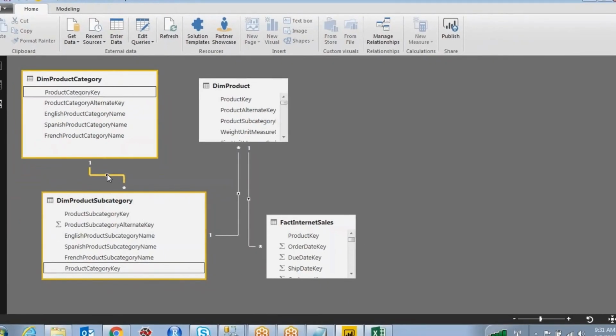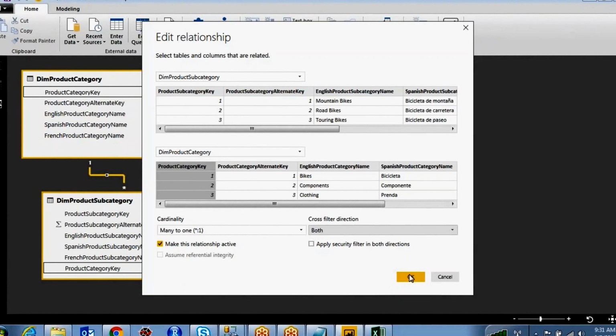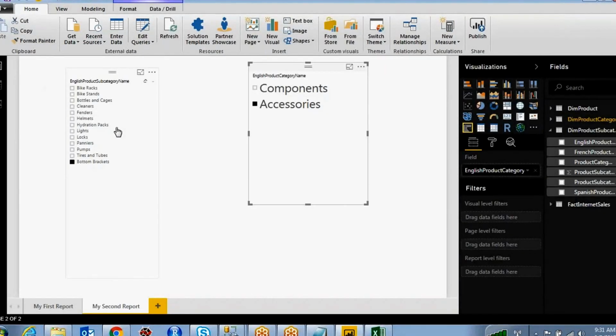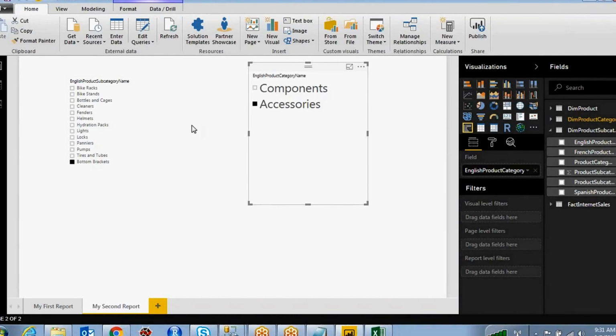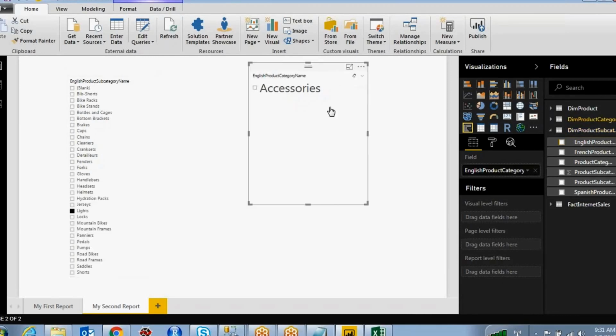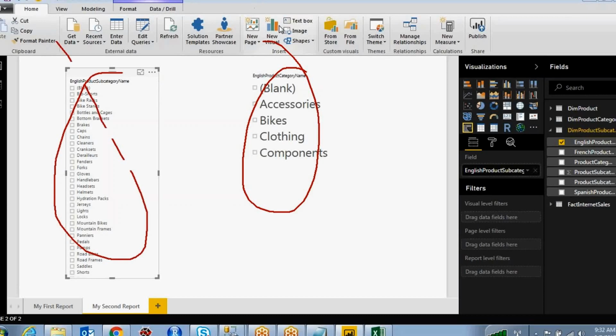Now I'm going to make the filter dual direction, both directions. Click OK. Now come back. Now if I select lights, it will select accessories. Okay, I will clear all and come to default. Here also I will clear. This is the very first time: all categories, all subcategories.